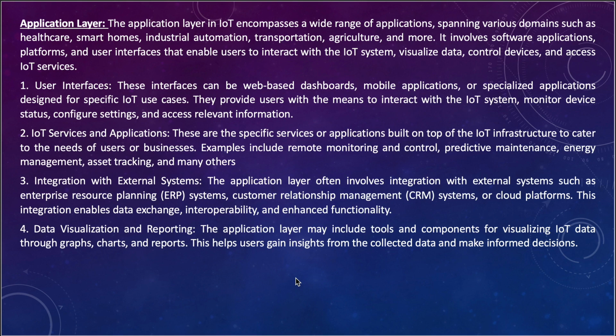Then the third one is integration with external systems. The application layer often involves integration with external systems such as enterprise resource planning (ERP) systems, customer relationship management (CRM) systems, or cloud platforms. This integration enables data exchange, interoperability, and enhanced functionality. So a good example of this,